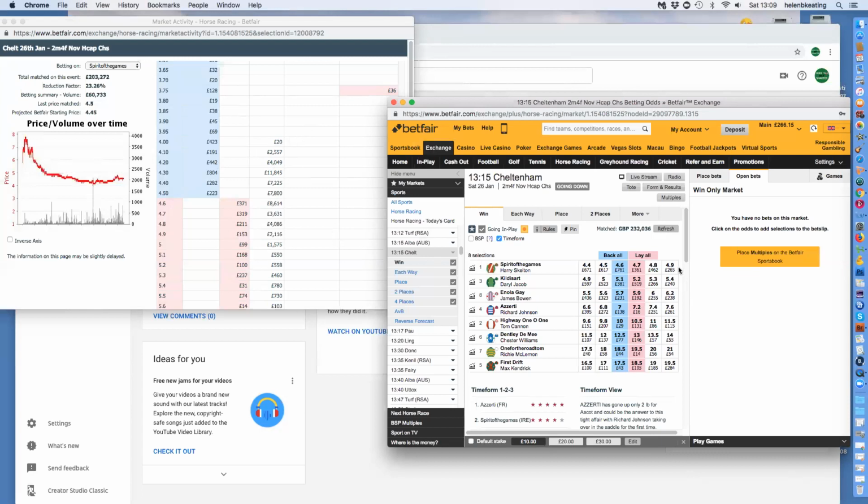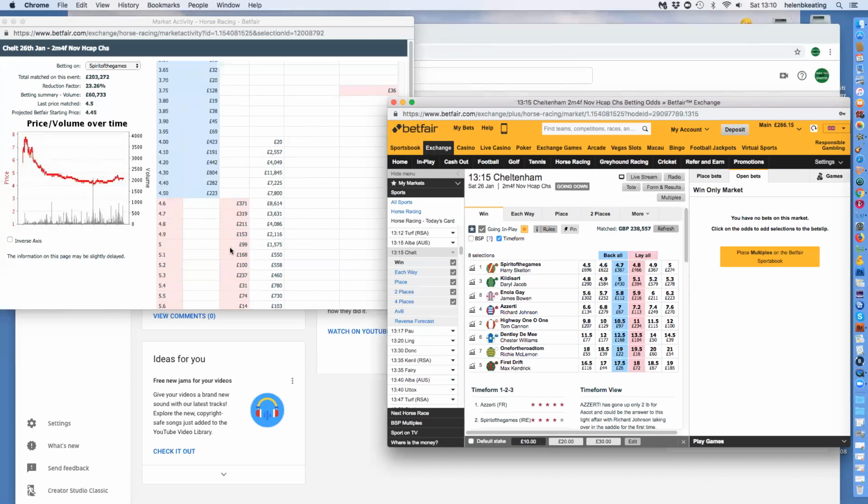Now, the looks of things, it's trading back now to 4.7, 4.6, 4.7. So that's coming back up to here. We've got another couple of points. Yeah, so I'm getting 4.7, 4.8. So we're beginning to see this drift coming, and